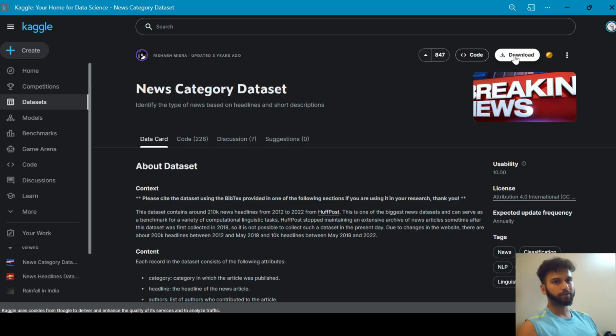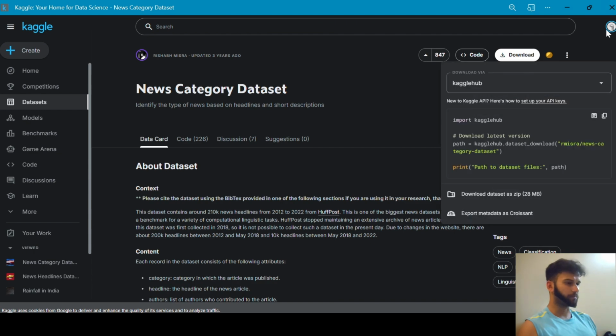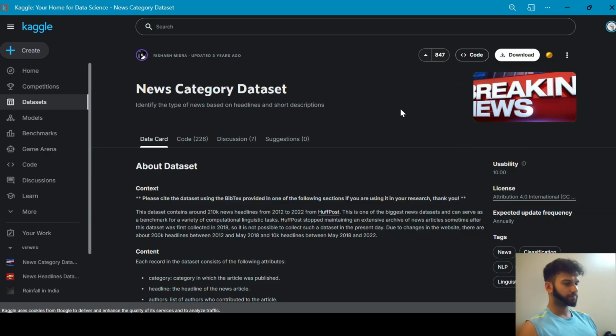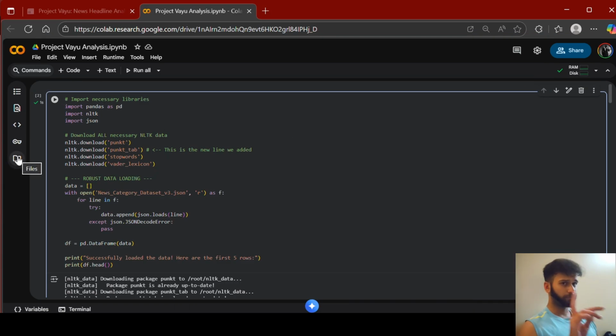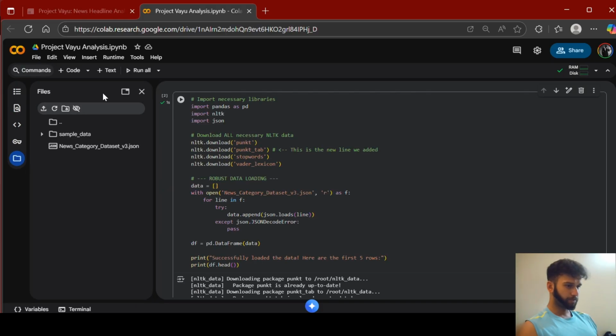For downloading the file, you have to sign in with your Google account. My account is already signed in. From here, you have to download the dataset as a zip file. This one I've already downloaded. Then the most important thing is to upload your dataset in Colab.